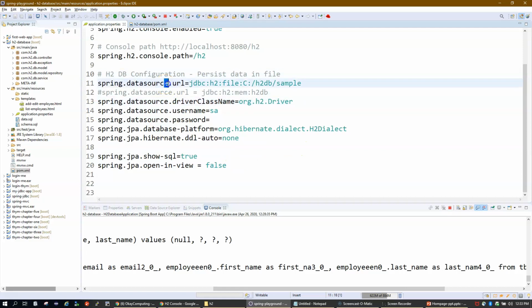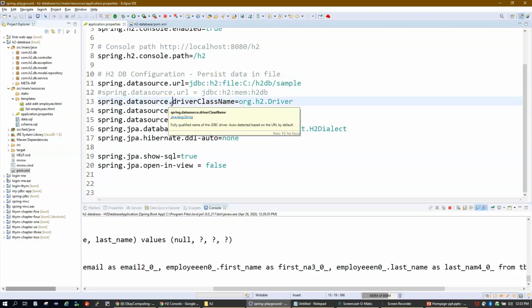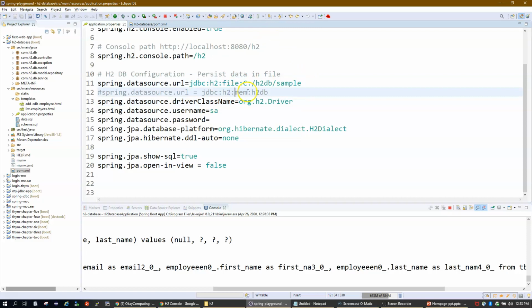Okay. And then we have the database properties, similar to the other databases. We have the database URL, driver class name, username, and password. These things you need to keep as they are. The only thing you need to be worried about is this one. Because in this video, it's kind of my POC and I wanted to retain my data, right? So instead of using an in-memory database, I'm using a file-based system. I want to persist my data, so I have replaced memory with file so that I can keep my database as and when I restart my application. I do not want to lose my data, right?